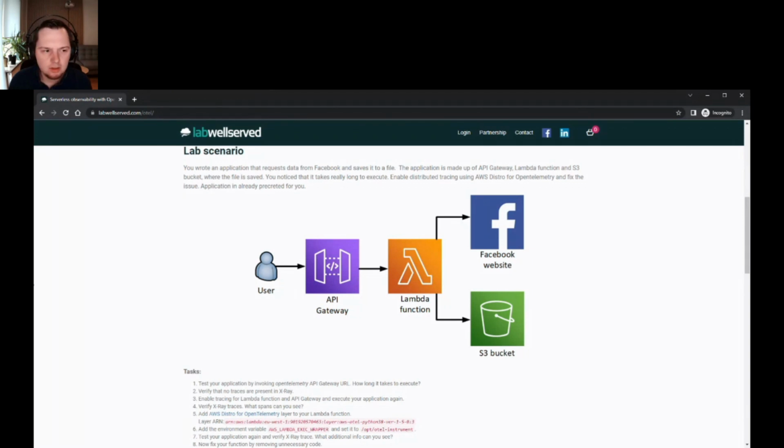So let me log into my AWS account. Yeah, give me a second. I need to do the login. But basically what we will try to do is to use OpenTelemetry to trace the data and figure out why our application behaves so slow.